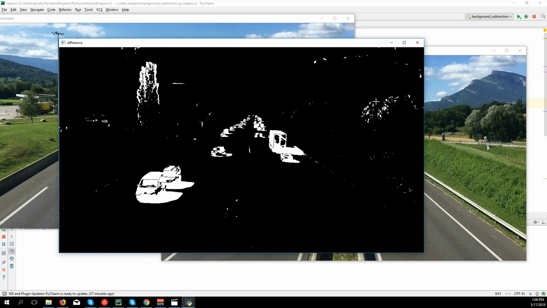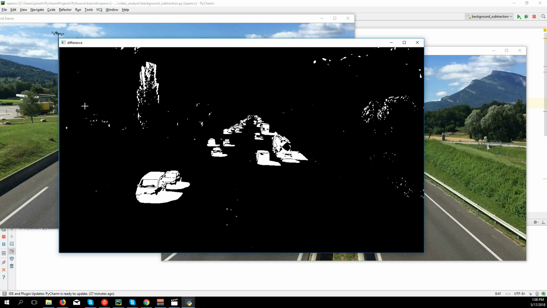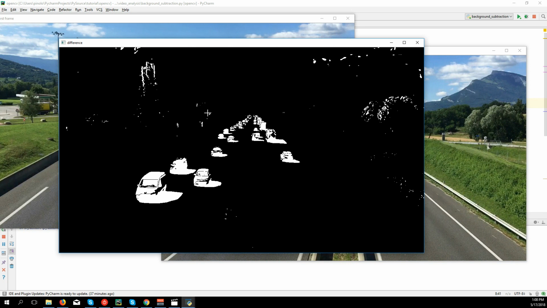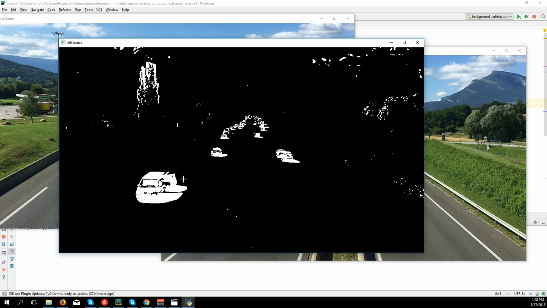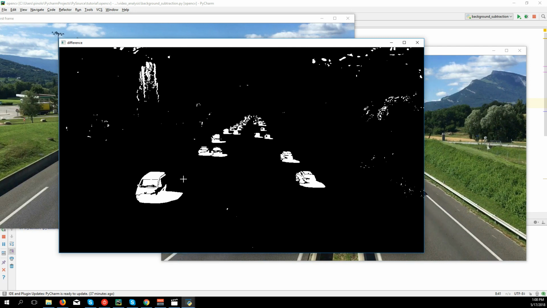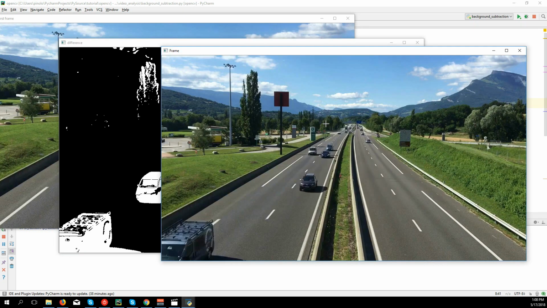For example, we can apply some morphological transformation and delete these white points. But we're not going to do that right now, because we're going to see a more advanced function to do background subtraction. So what's the problem? The problem is that